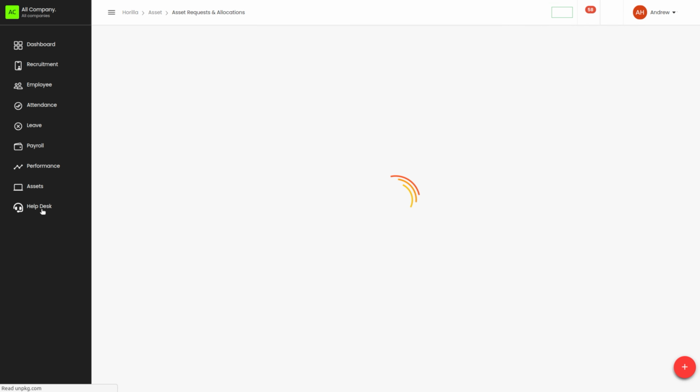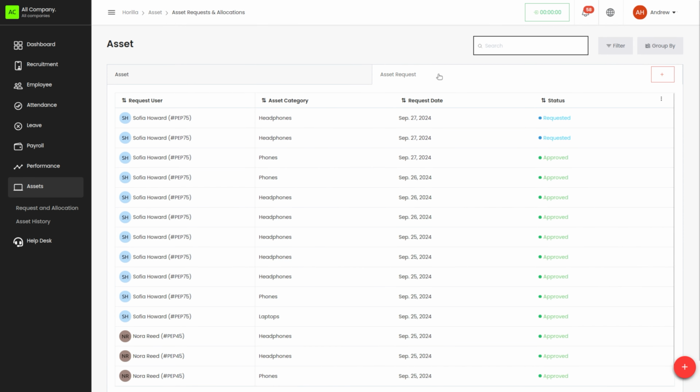In the request and allocation, we have the asset request tab, where he'll be able to view the asset requests created by Sophia Howard as well. Apart from his own asset requests, he'll be able to view her asset requests as well, since he has been assigned as the reporting manager for her.